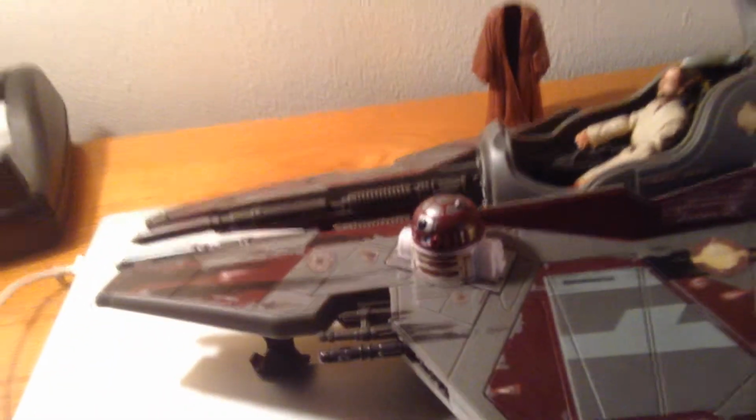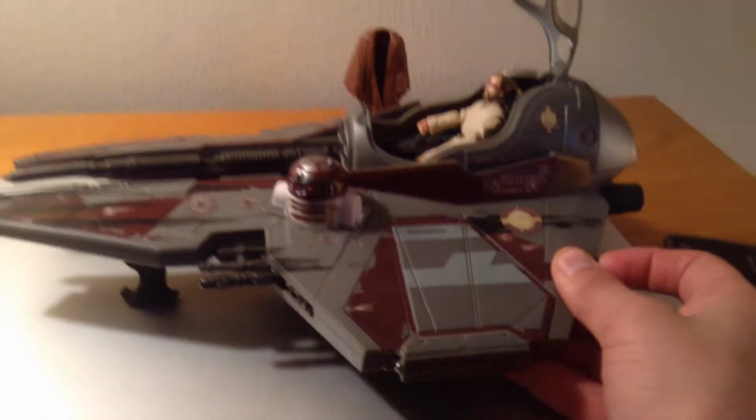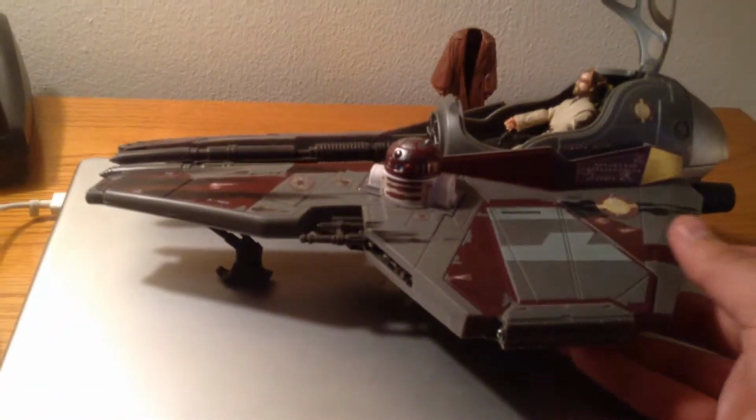The other thing it comes with is a lightsaber hilt. I took that off so he could sit in there. It has some cool features. You press this, and it shoots a missile. These missiles are painted, but very durable. Also, one of the coolest mechanisms that I like on here, and I will show that in a minute,